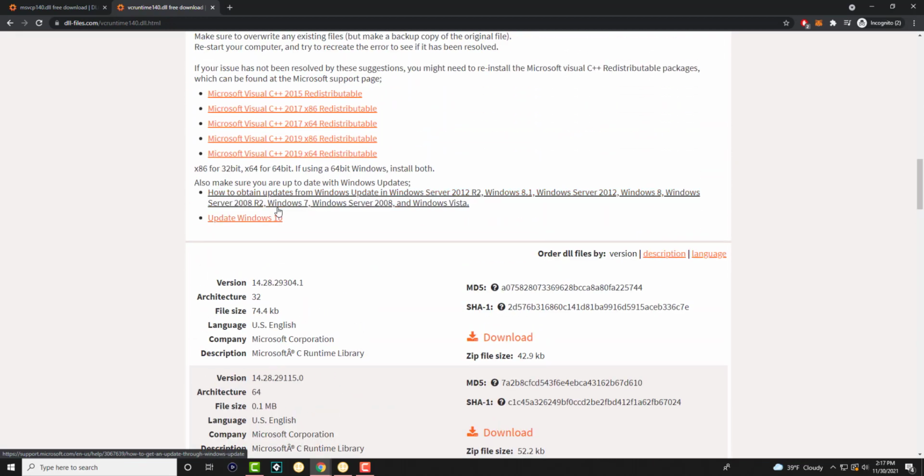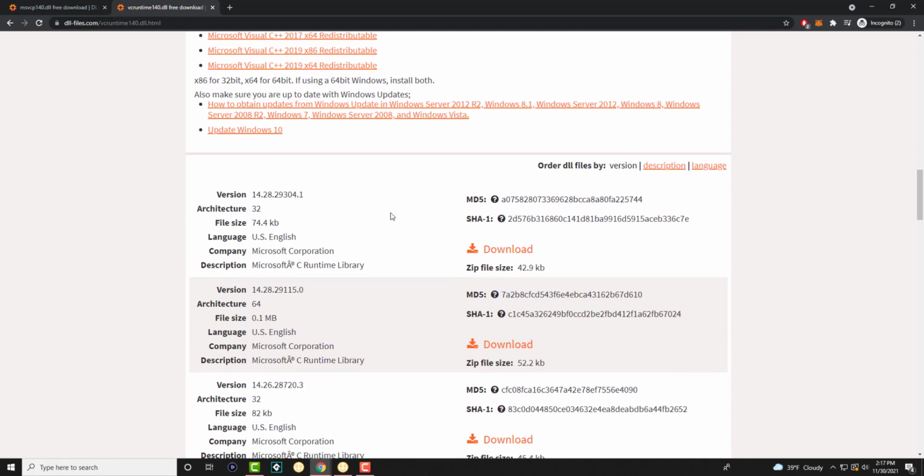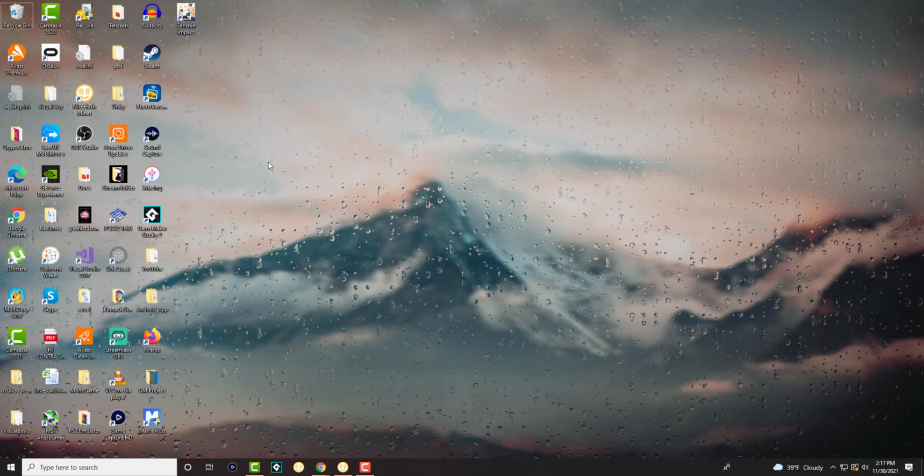You also want to make sure you have the latest Visual C++ distribution packages. Usually the games and systems install this for you. If not, I can make a separate video on how to do that, but you can just stick to getting the DLL files first. So once you have these two DLL files downloaded, all you need to do then